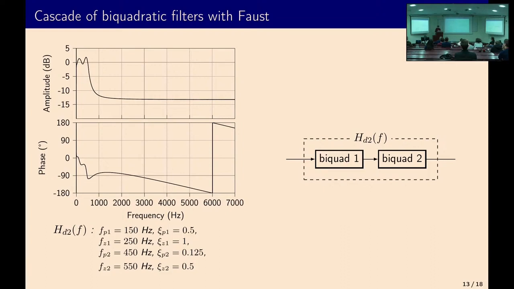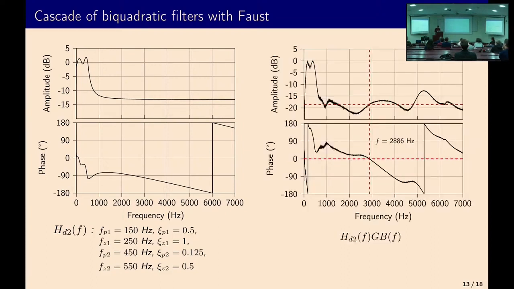Now, if we introduce this new digital filter inside the loop, we see that the unstable frequency is again shifted a little bit, but still the amplitude is even lower than the previous case. And we still have this peak in the low frequency, which will help doing the noise reduction.